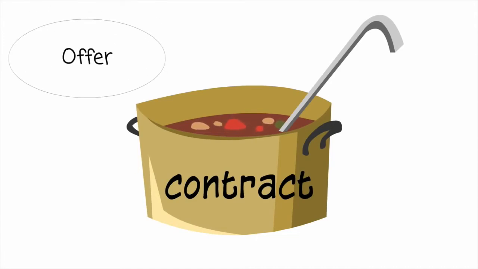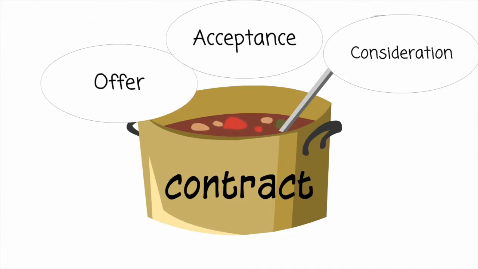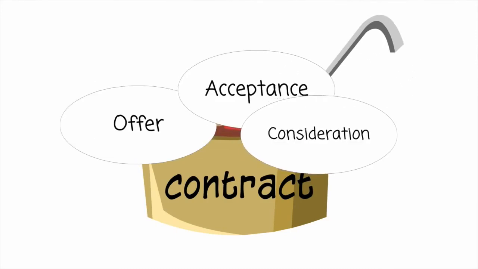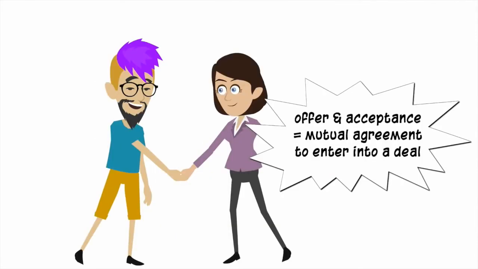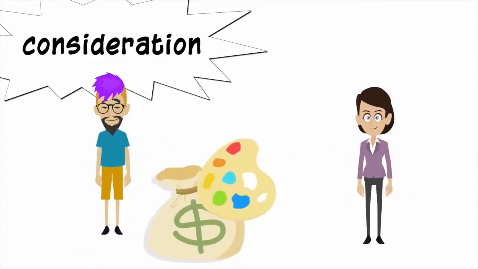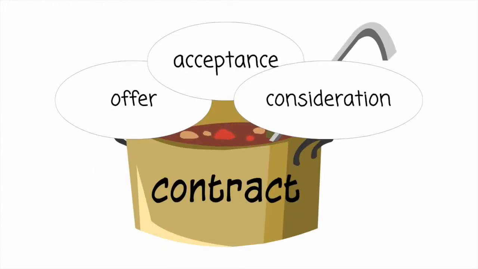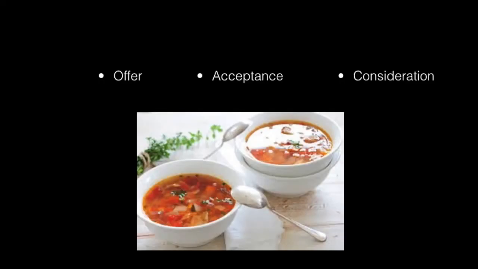And generally, our three elements for a contract are offer, acceptance, and consideration. Before we can have a contract, we should have these three elements. We'll say the offer and the acceptance are a mutual agreement to enter into a deal. And consideration will mean the parties are giving and getting something, for example, paying money in exchange for a painting. And we'll need all three elements to have a contract. This course focuses primarily